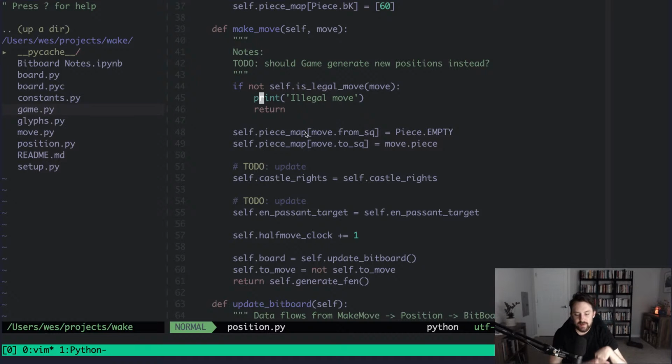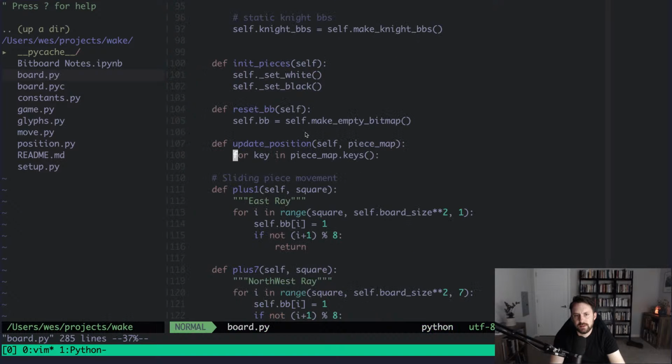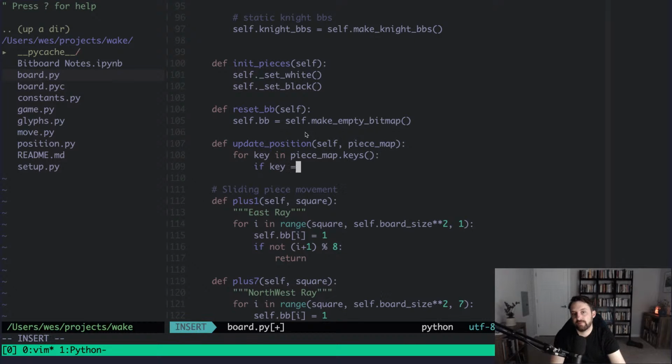This is going to mess up the make move. The idea was though that when this gets down to the board, we can say for key in piece map dot keys. If key is